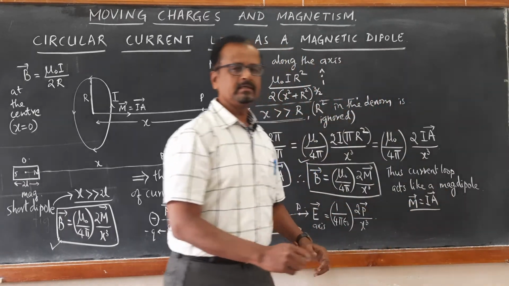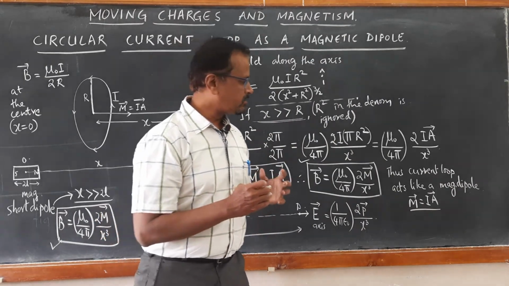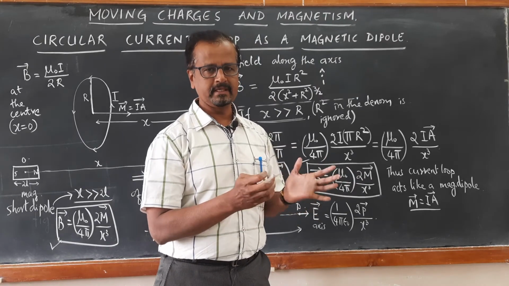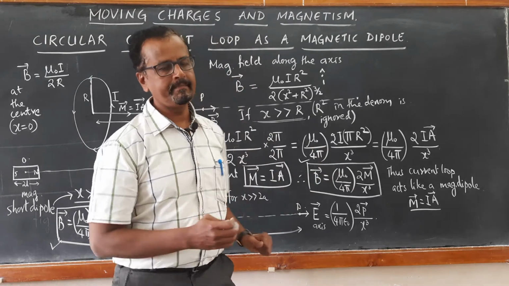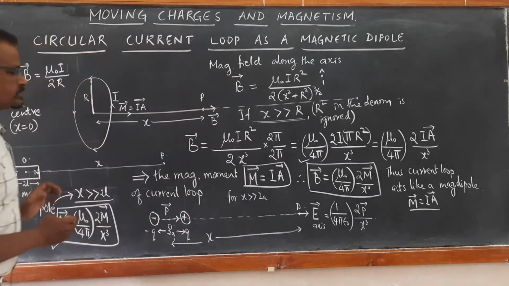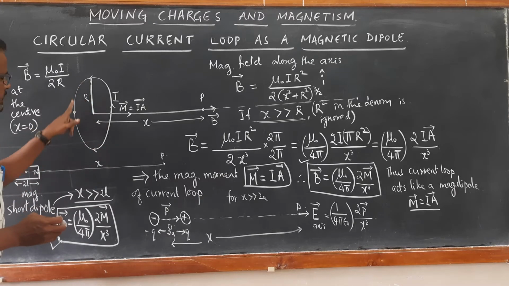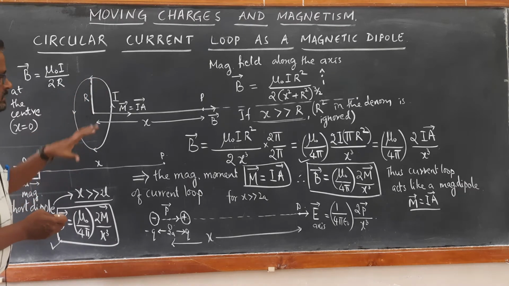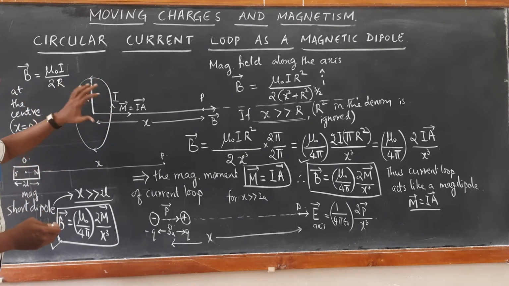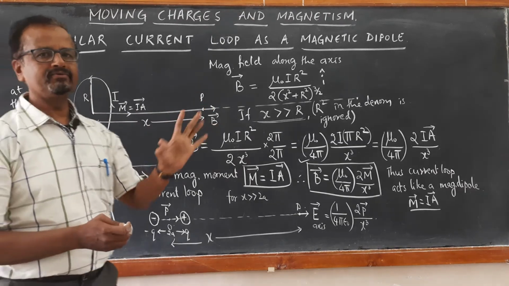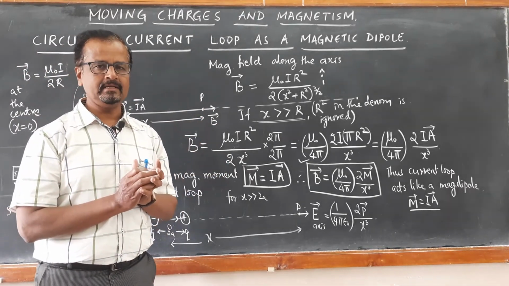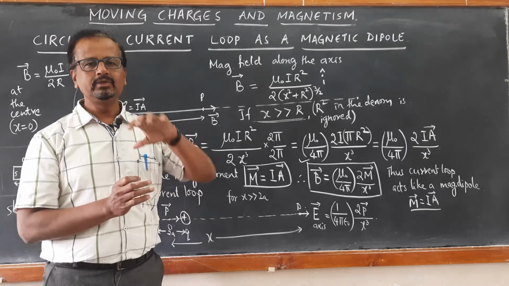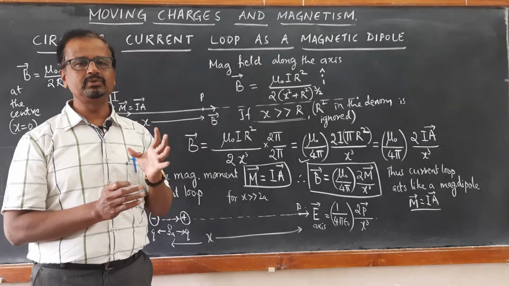So the magnetic moment is a vector quantity which is acting along the direction of the area vector, right. So area vector and magnetic moment are in the same direction, and they are in the same direction as that of the magnetic field. So this gives an idea that whenever there is a current, the flow of charges in a conductor in a circular manner, it leads to magnetic field. So Ampere suggested that the cause of magnetism is due to circular currents.